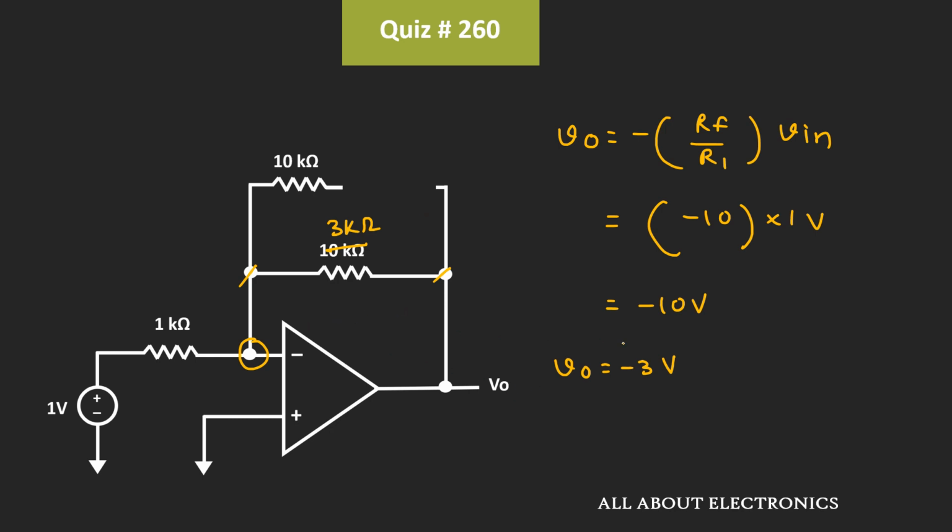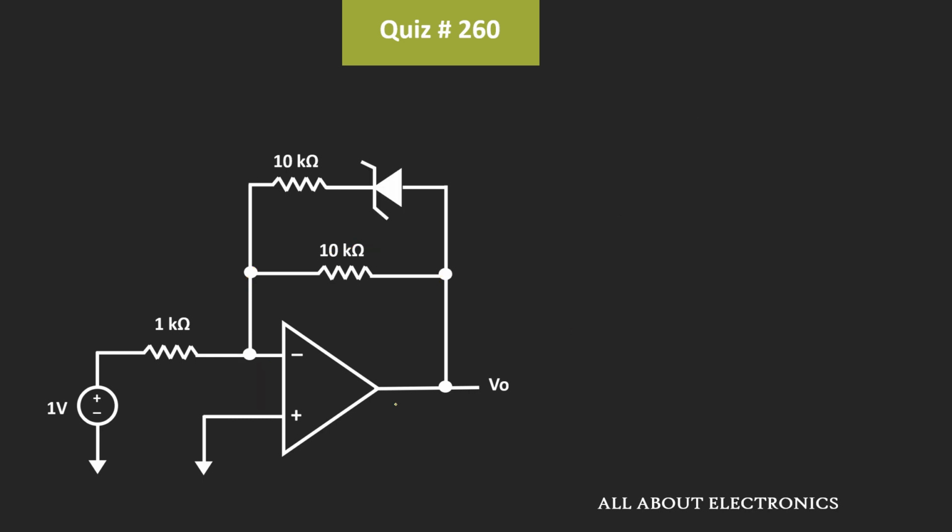But in this case, in the open circuit condition, as the voltage across the Zener diode is more than the breakdown voltage, it will operate in the breakdown region. So assuming that, let us find out the output voltage. To find the output voltage, we will apply the KCL at this node. Let's say this current is I1, while these two incoming currents are I2 and I3.